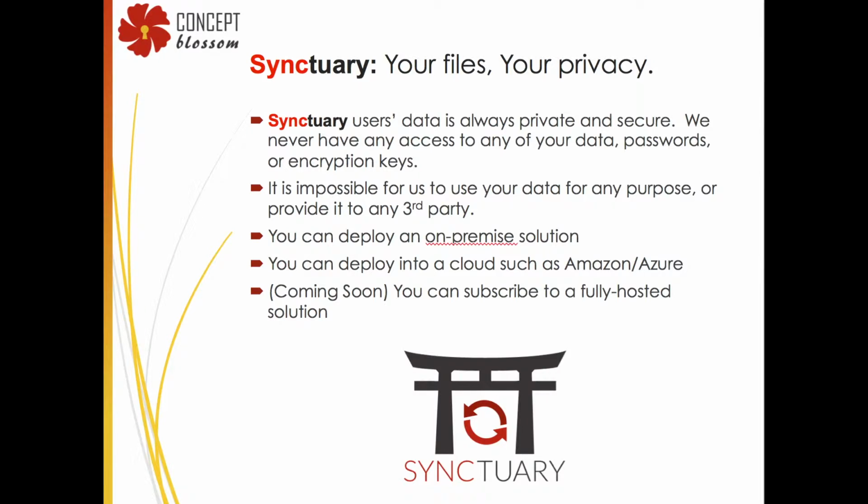So you get the idea. These guys are also not secure. I'm going to move on because we need to catch up on time here. Synctuary, your files, your privacy. So Synctuary is our product, and